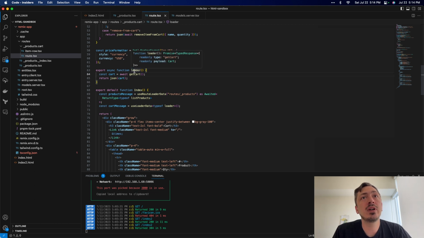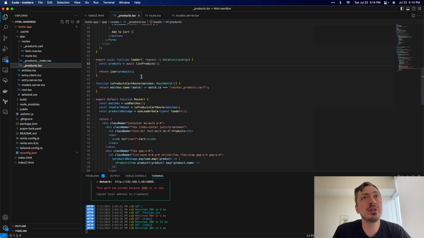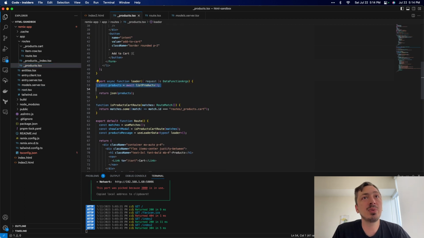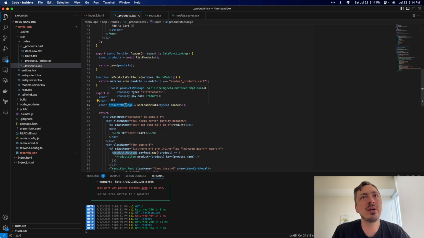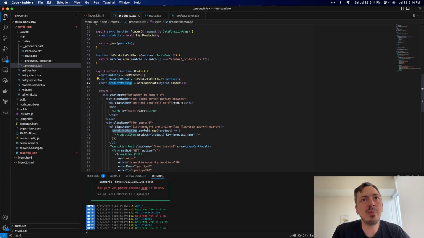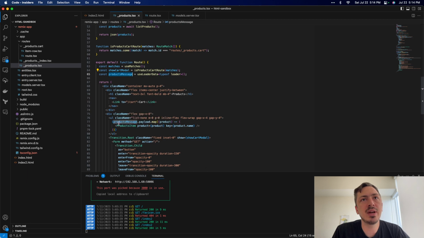So yeah, we have our cart. Let's see here. We were on the products page. We have our products, sorry. And so now we're listing the products. The products get back here, and effectively this is the only message that comes back. So we can just blindly assume that products is going to exist. And then we map over those products and render them as this product item. So the product item takes in a product,